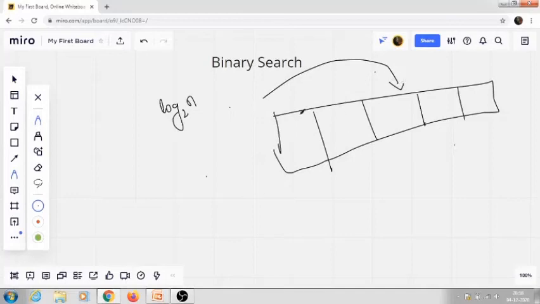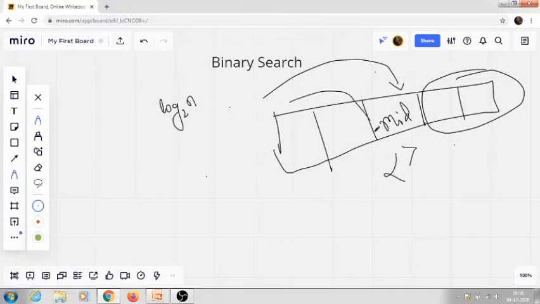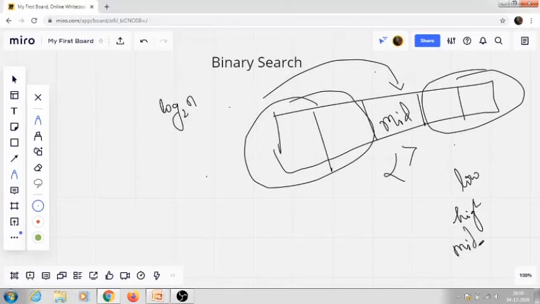I'm sorry for my bad drawing. We are not bothering about this part; we reach the mid element, then compare it, either it is greater than or less than. Whichever condition is satisfied, we again calculate the middle value by focusing on this part, the left side part of the array.